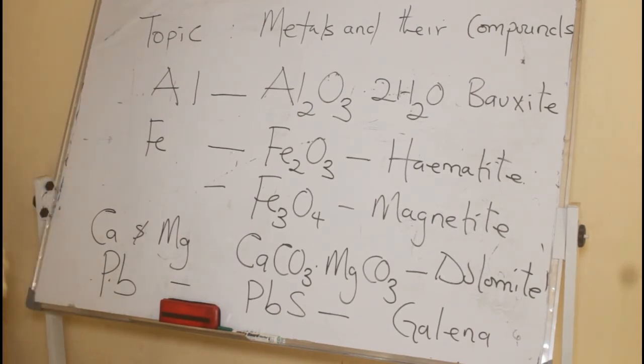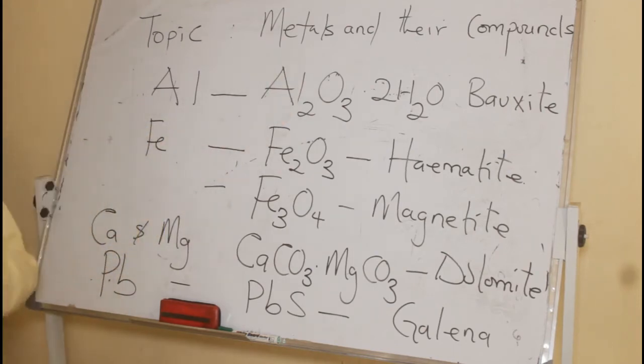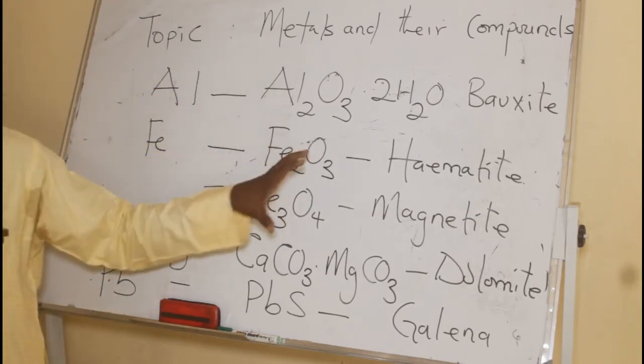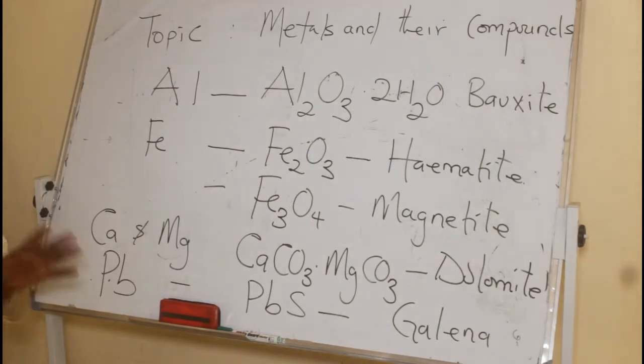So are you familiar with the concept of ore? All these are ores of these elements. Because they are highly reactive, they don't occur in a free state naturally. They are always in combined form. So this form where they exist in nature is what we call an ore. Are you following? Okay. Can I clean here? Can I move forward? I should give you a chance to write.